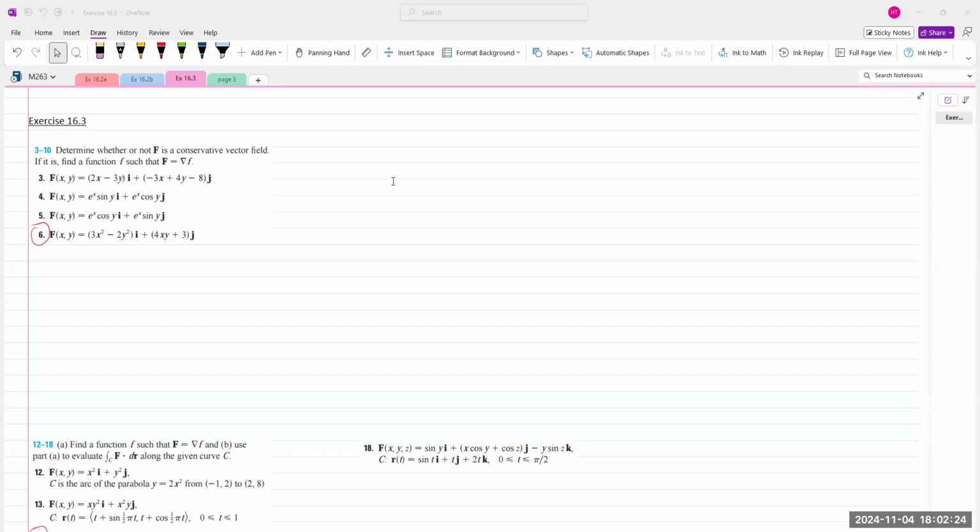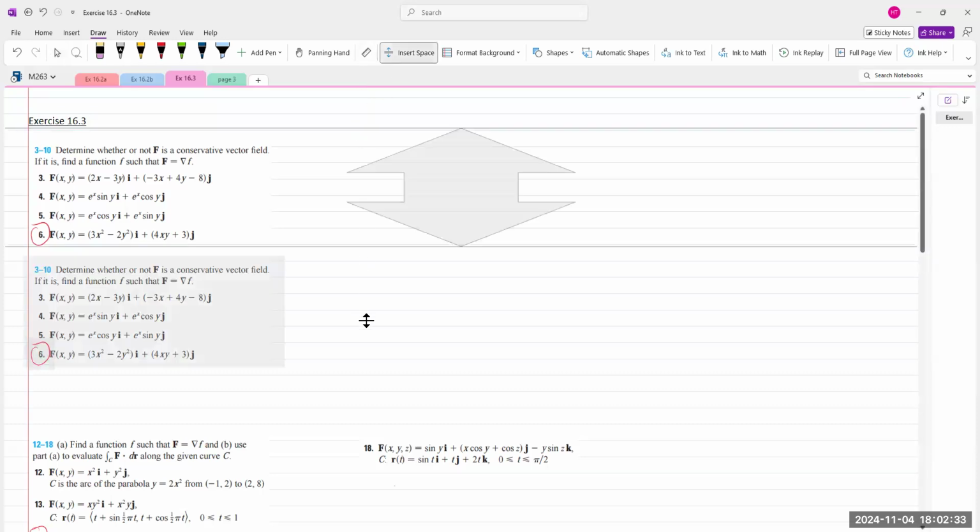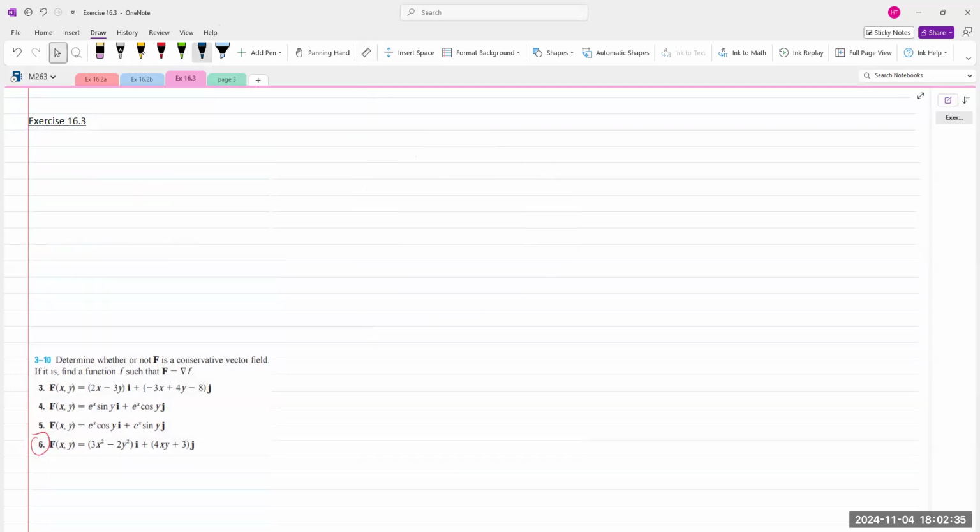Okay, let's start with this 16.3. Let's review a little bit what we did in this section. 16.3 is basically doing line integrals again. But we have the fundamental theorem of line integrals that says that if the vector field is conservative,